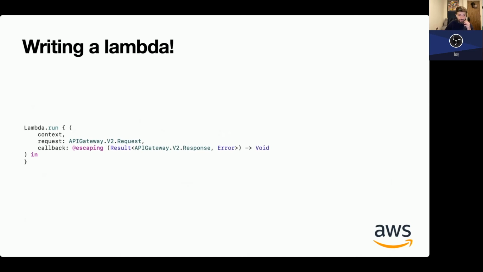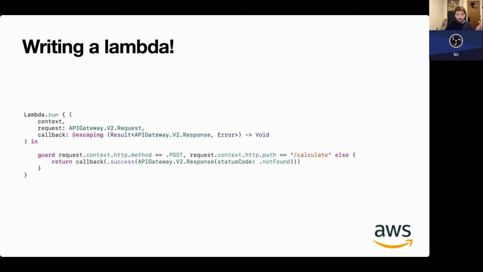So the first thing I do is I make sure that the method is a post request, because I want to get a body, I want to get some content, a markdown string that I can calculate. And then I make sure that the path is actually the right one, just to make sure that there's no calls that I'm not expecting in this handler. And then if it's not, then I can just return with a status code of not found, which is going to be a 404.